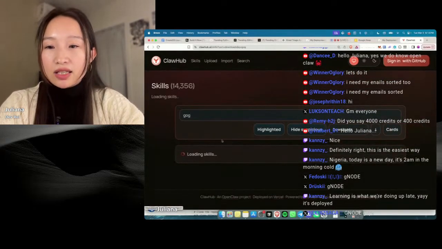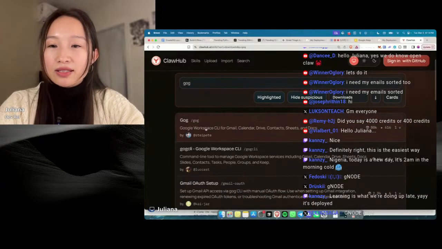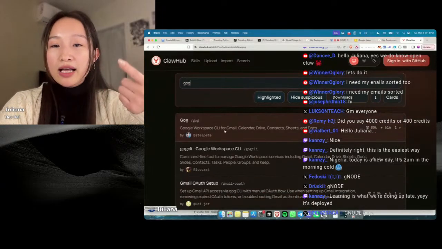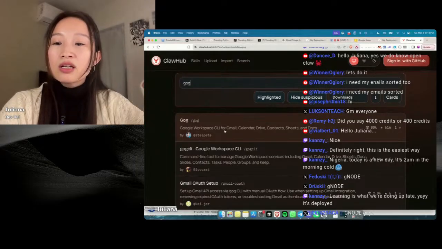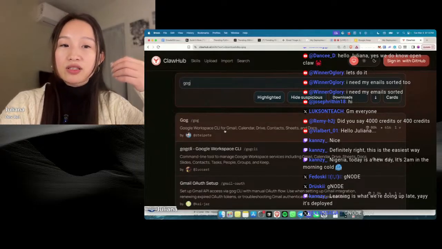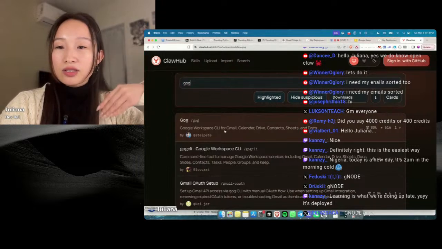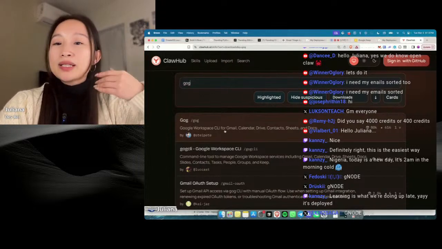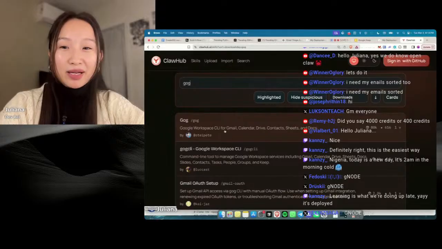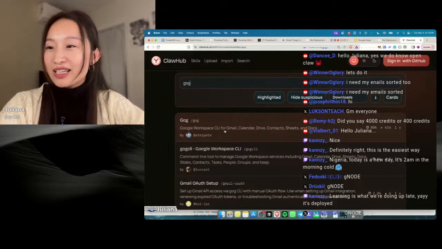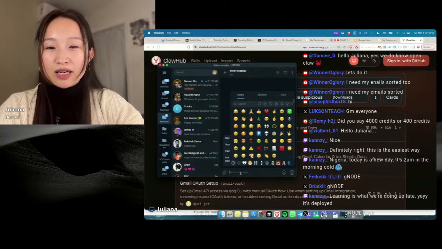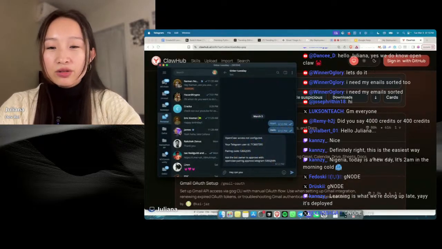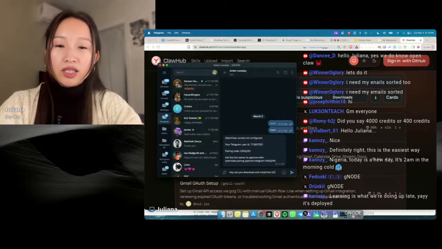That is a Google Workspace command line. It connects you to Gmail, Calendar, Drive, Contacts, Sheets, Docs. You have to be careful when using this because you give it pretty much admin access across your entire Google Workspace. But that's why you give it a fake email address. I've already created a fake email address for my bot. But anyway, I'll come to my Telegram. I'll say, hey, can you download and install the GOG